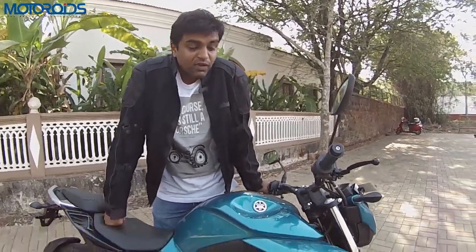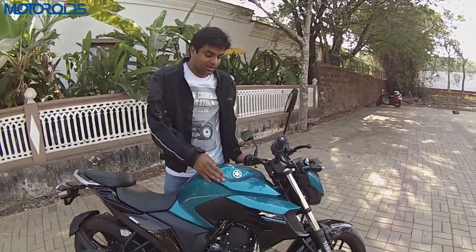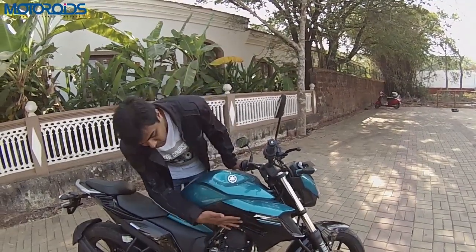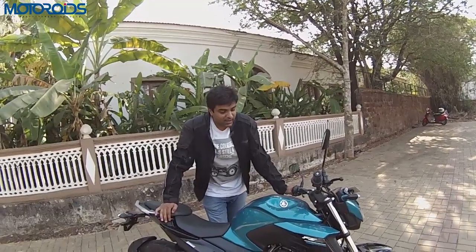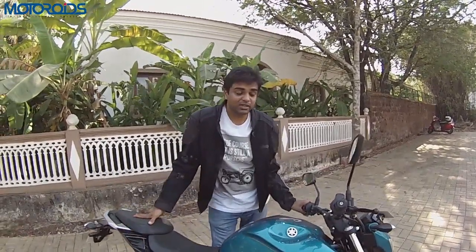The tank here looks very muscular, very FZ. It has these nice elements where you have these 4 vents which match these vents here too. There are no perforations here. However, they look rather nice, look rather muscular, and as an entire motorcycle, as a product, the FZ looks quite muscular, quite nice,